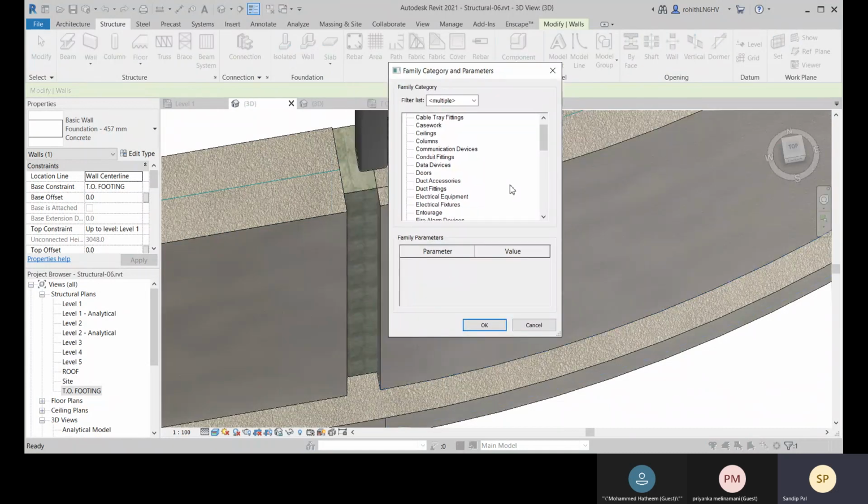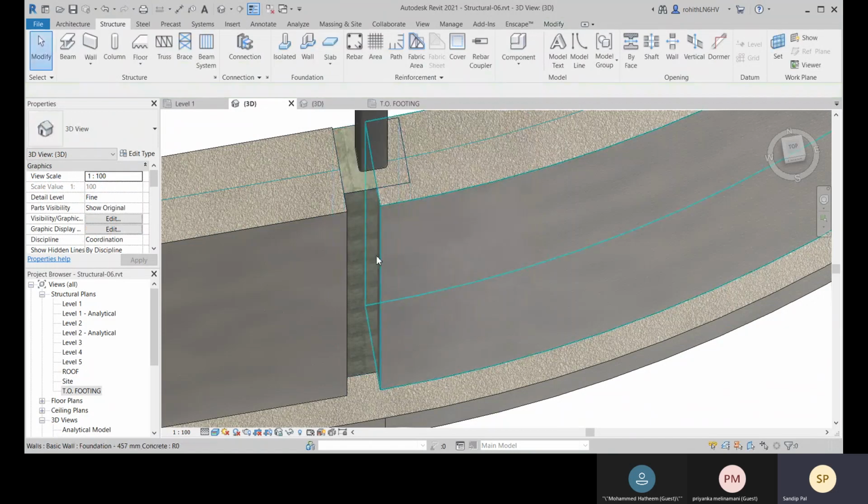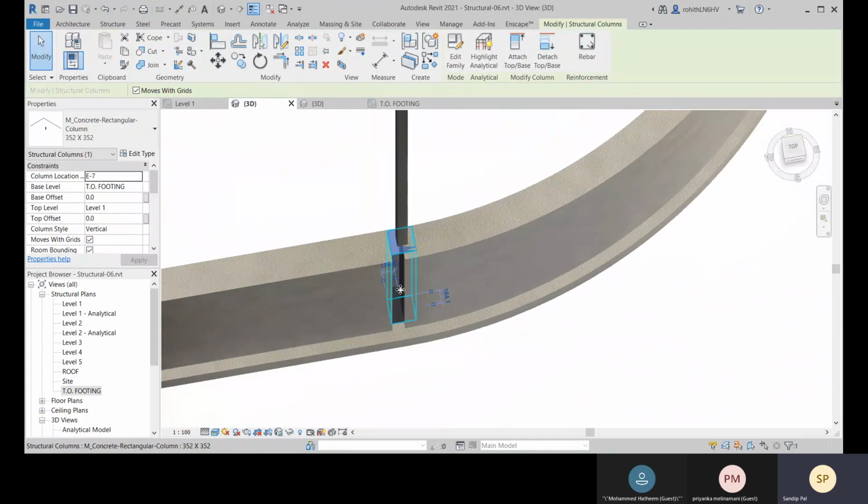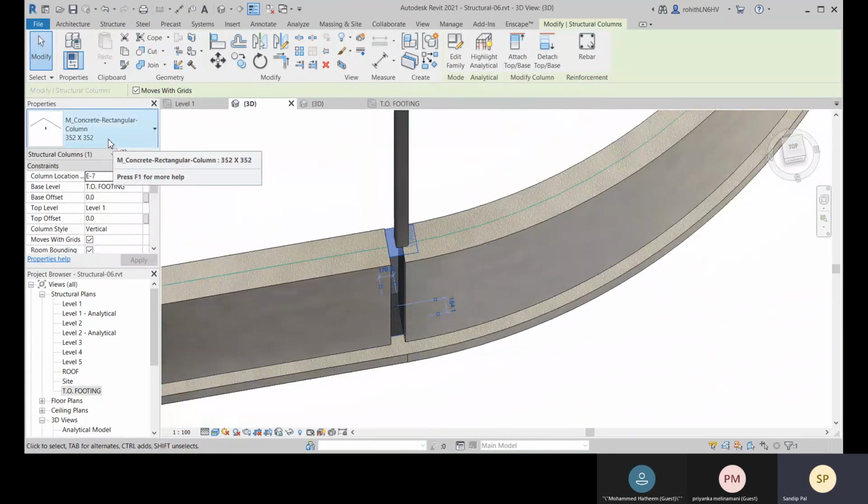Okay, with this wall you can create one model in place, that you can do. So here I'm going to increase the size of this one.